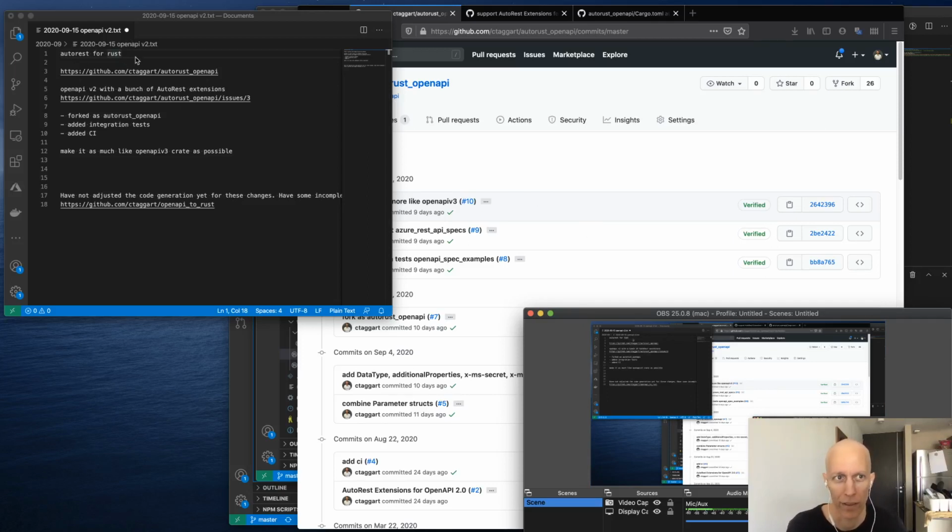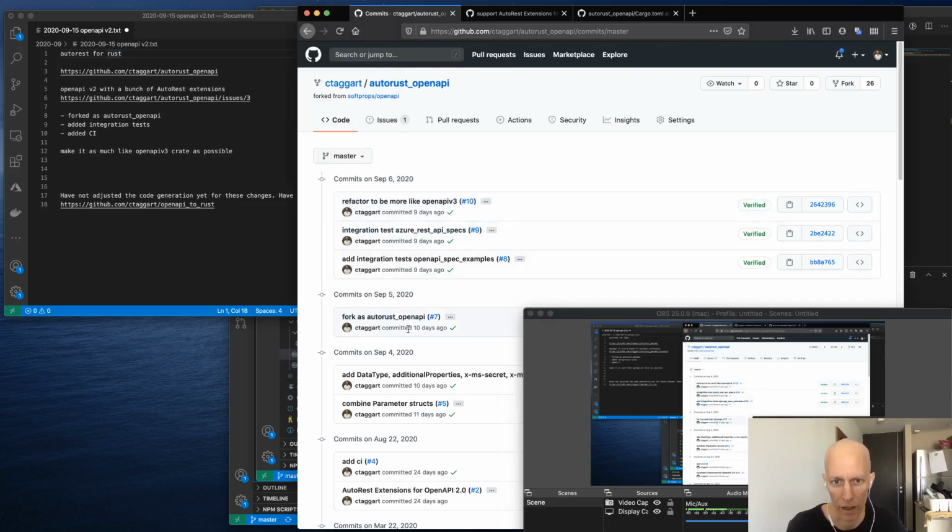So I just wanted to give a brief update on some progress I made on auto-rest for Rust stuff. I made a few changes a little over a week ago, and I forked the OpenAPI project, and I added integration tests, and I refactored it to be more like the OpenAPI v3 project. So my goal, so the REST API specs